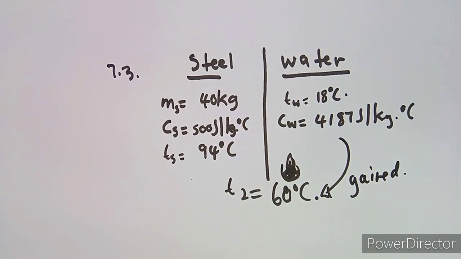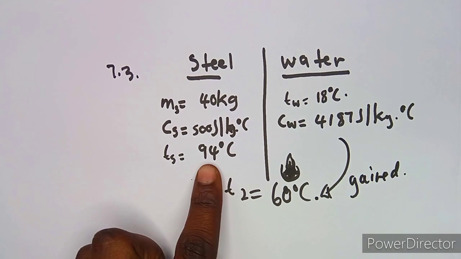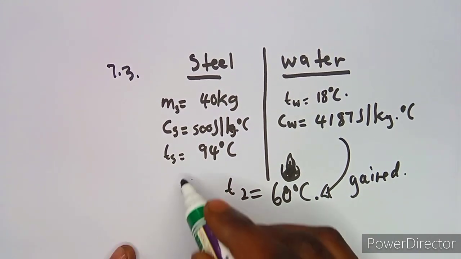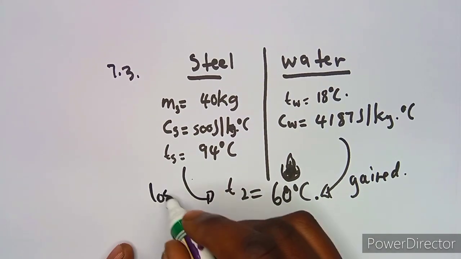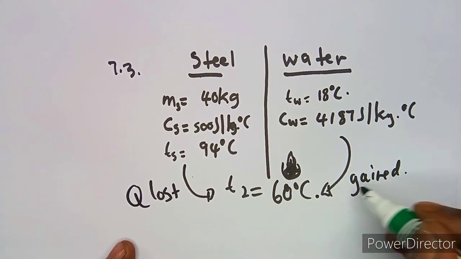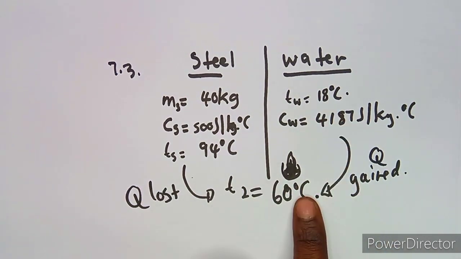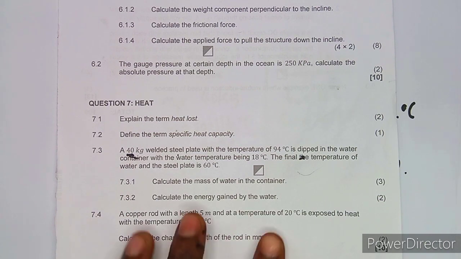Remember what we defined for heat lost and heat gained. Heat lost, you are losing, like what happened to steel. Steel started with 94, at the end it's at 60, so there is a loss. So here we have heat lost, and here we have heat gained, because there is a reduction in temperature, there is heat lost, and there is an increase in temperature, so there is heat gained. Once you know these properties, it's much easier for you to answer this question, which is to calculate the